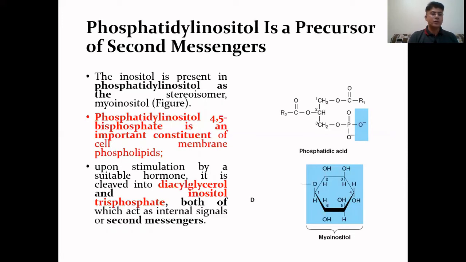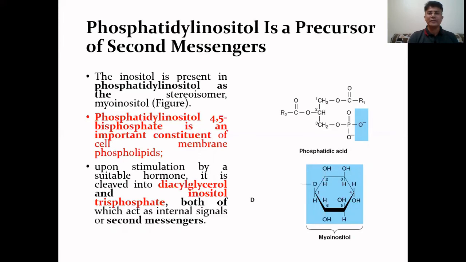choline. Phosphatidylinositol is a precursor of second messengers. The inositol is present in the phosphatidylinositol as the stereoisomer myoinositol. So this myoinositol may be attached to the phosphatidic acid. Phosphatidylinositol 4,5-bisphosphate is an important constituent of cell membrane phospholipids. Upon stimulation by a suitable hormone, it is cleaved into diacylglycerol and inositol trisphosphate,